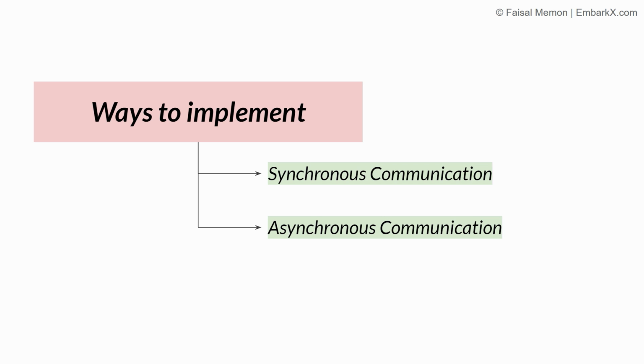And in asynchronous communication, microservices can work asynchronously and they can communicate with the help of message queues or message brokers like RabbitMQ, Apache Kafka, or AWS Simple Queuing Service, which is SQS. Now, what happens in this case is the sending service publishes the message to a particular queue. So there is a queue that we will have in that particular system. And the sending service will publish the message to the queue and the receiving service will consume the message when it's